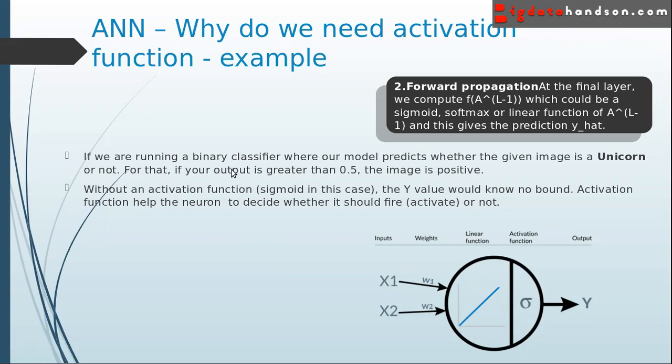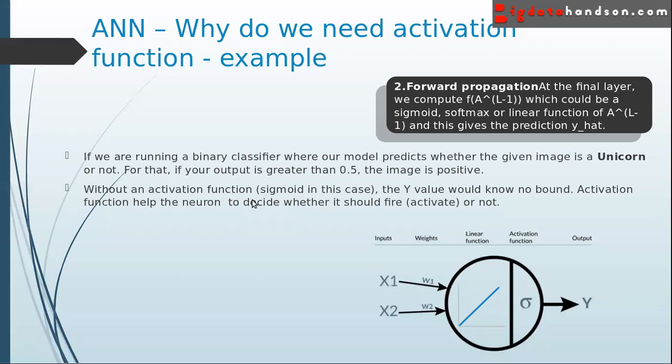If you are running a binary classifier where our model predicts whether the given image is a unicorn or not, if your output is greater than 0.5, then the image is positive. We have seen this concept in logistic regression, right? We have the output as probabilities, and the threshold value is 0.5. If it is greater than 0.5, we have class 1, or less than 0.5, it's class 0. So like this we are classifying the output, right? So to convert a neural network like this,